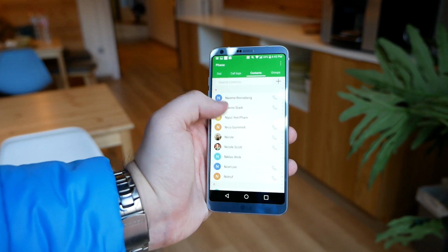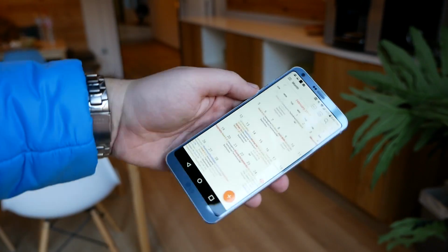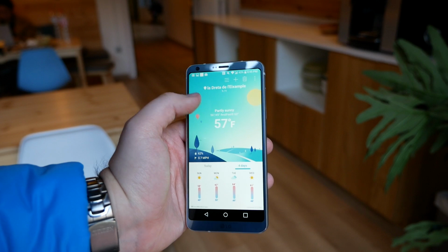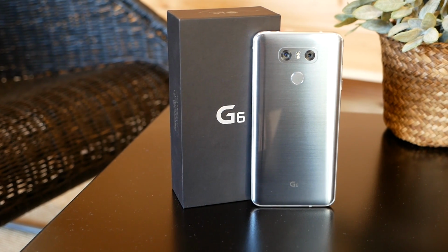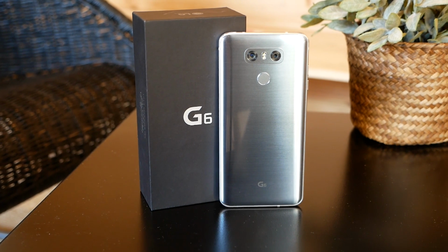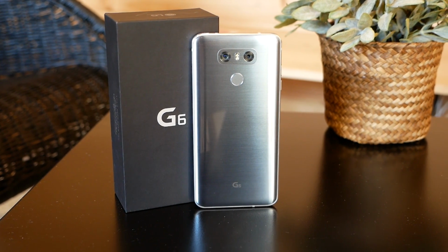Fullscreen UX gives you a lot more room. The contact page fills out and gives you more photo, messages are longer, the music player also shows you more album, and weather takes advantage of the added pixels too. My biggest complaint with the G5 was that it wasn't that durable of a smartphone. LG listened, and they put a lot of thought into decreasing the likelihood that you're going to crack your screen